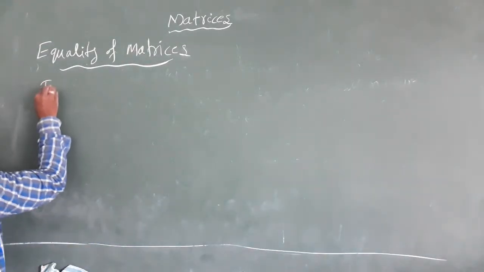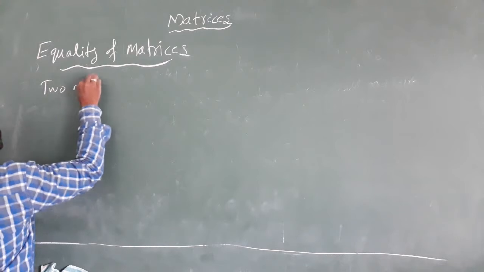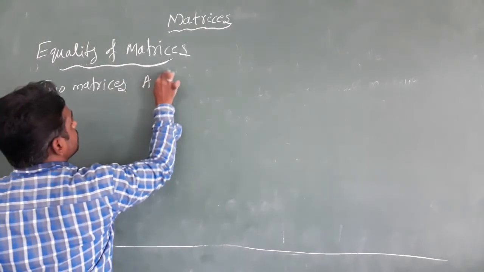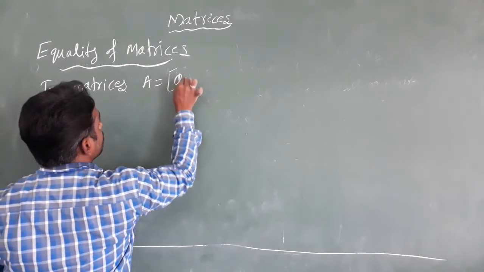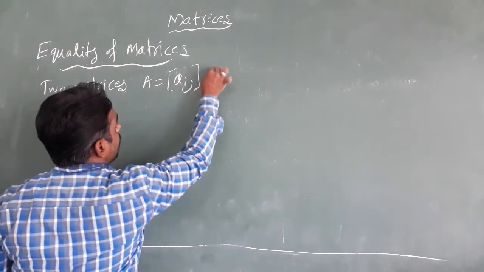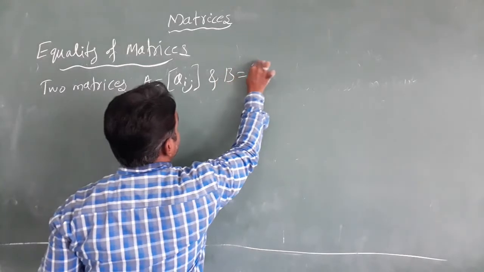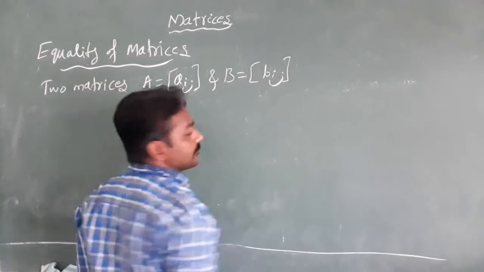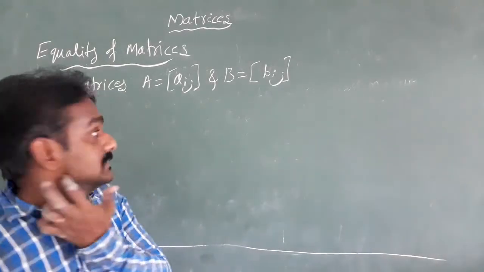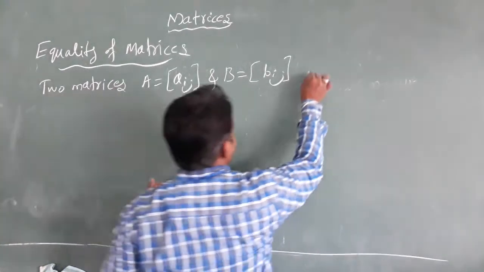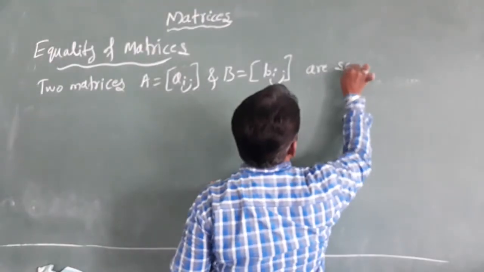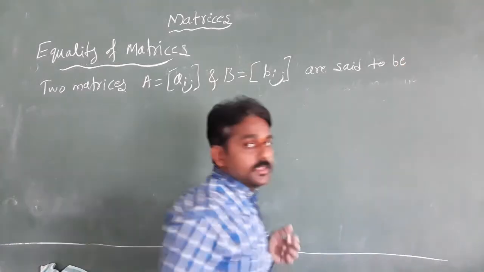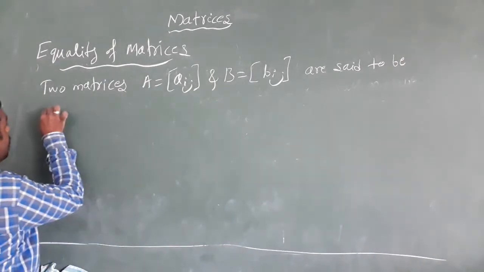Let us consider two matrices, A equal to Aij and B equal to Bij. Two matrices A equal to Aij and B equal to Bij are said to be equal